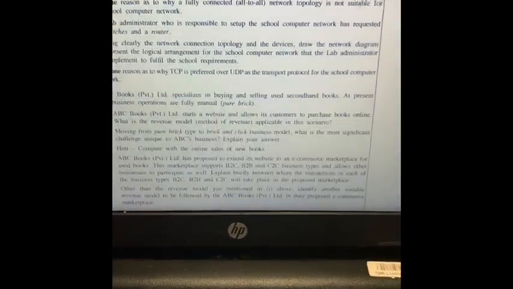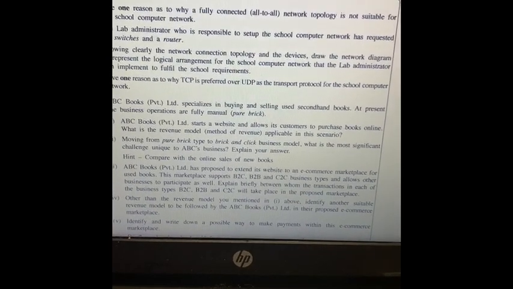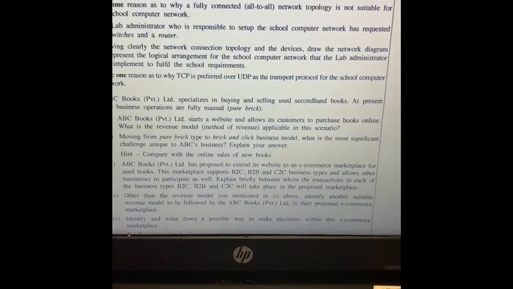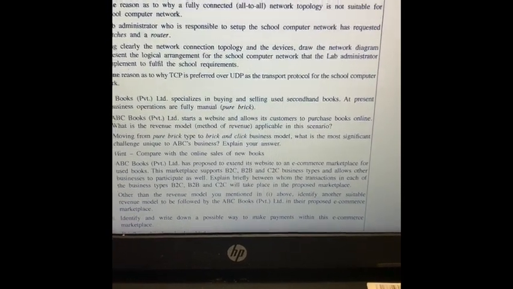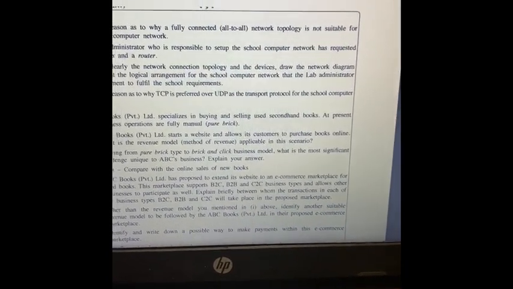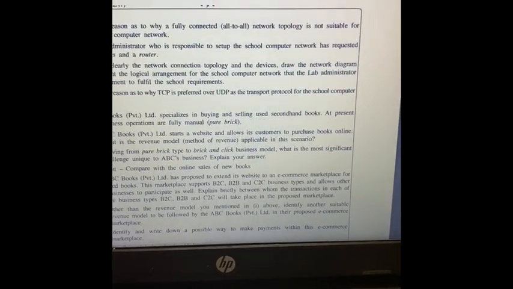So moving on to question number C, the lab administrator who is responsible to set up the school computer network has requested switches and a router, showing clearly the network connection topology and devices. Draw the network diagram to represent the local arrangement for the school's computer network that the lab administrator can implement to fulfill the school's requirements. So when drawing network designs,